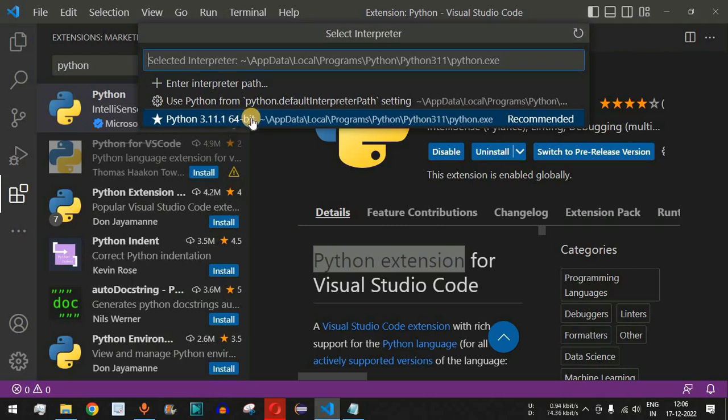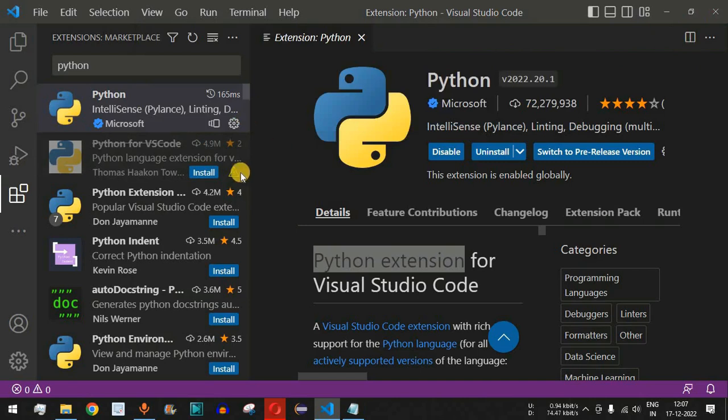Now guys, what we are doing over here is we are connecting this Python interpreter with this Visual Studio Code so that whenever we write Python code, our program gets executed successfully in VS Code itself. Now guys, it might so happen that you don't get this option. That's because you have installed Python after installing VS Code. So you can simply restart VS Code in order to get this option over here. And once you select this option, you are ready to write Python programs in the VS Code